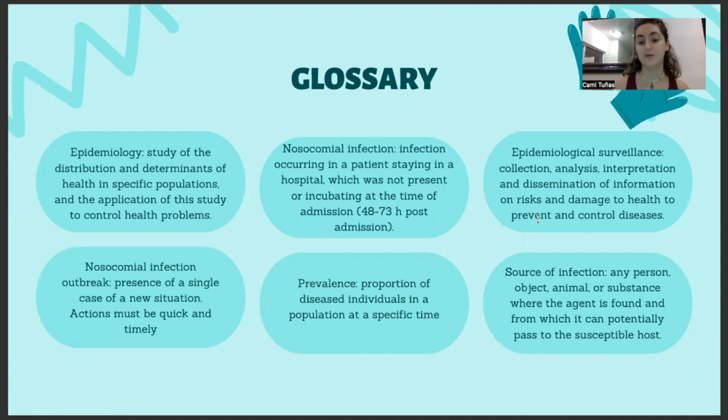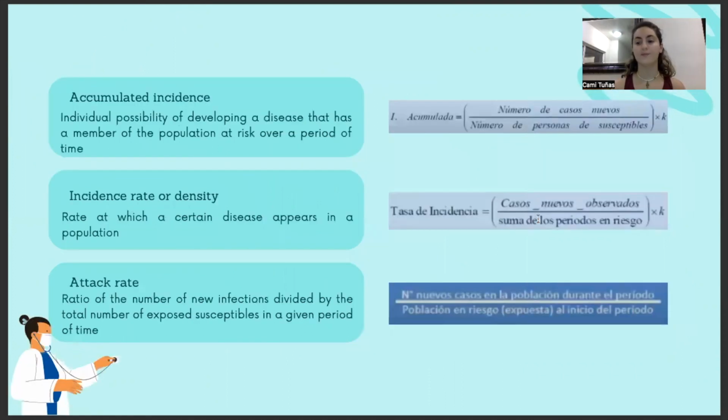Another one is the prevalence, that is the proportion of diseased individuals in a population at a specific time. And there are some more concepts that you need to know to understand better intrahospital investigations that are here in the presentation. Well, another thing that is important to learn are incidences and rates, like accumulated incidence, that is the